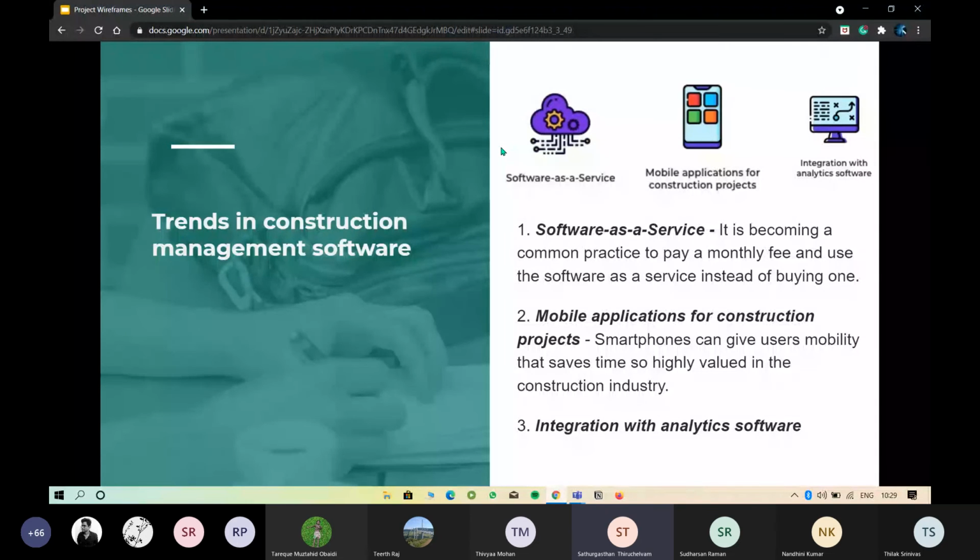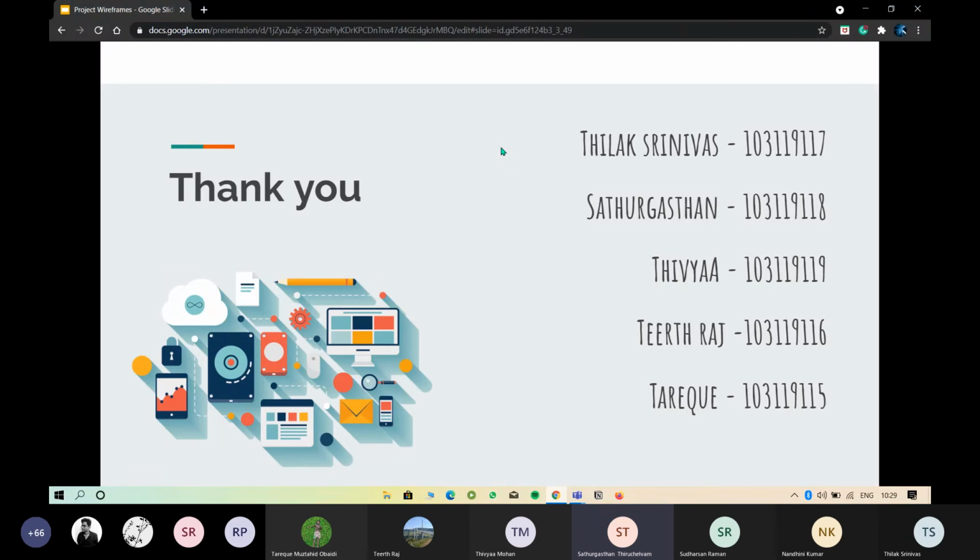Conclusion. Even though choosing and working with construction project management and planning software may be challenging, the benefits you get outweigh all the possible disadvantages. It's not a question of what construction management software is the best. Instead, you should think about which one is right for your project. Then the software of your choice will help you streamline work processes, completing construction projects safely, on time and within the budget. Thank you.